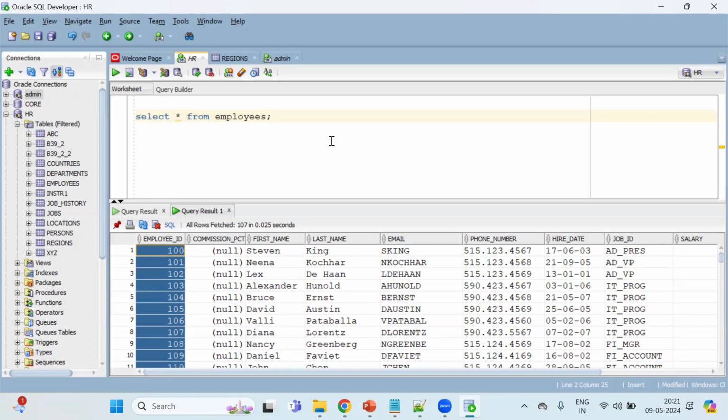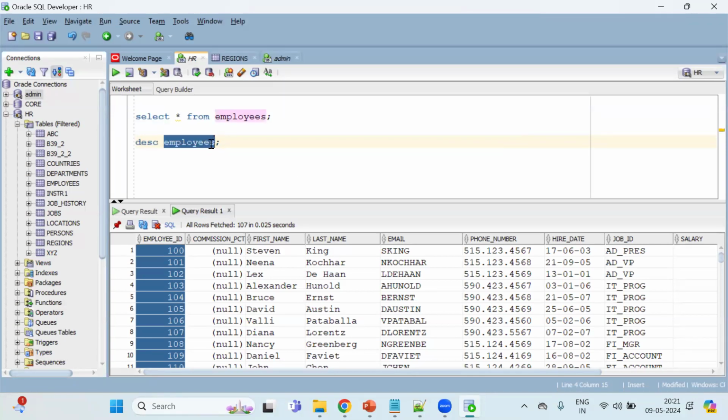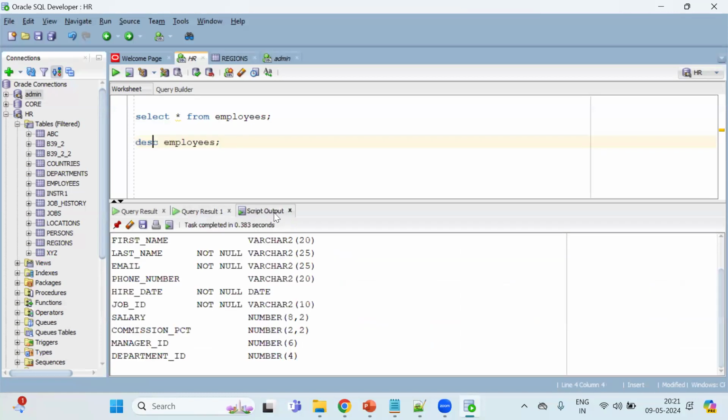What type of data it will hold. Now I'll show you the structure of this table. When we say DESC and then the table name, it will give you the structure of whatever the table is. If you want to find the structure of the table, if you run this one, you'll be able to see